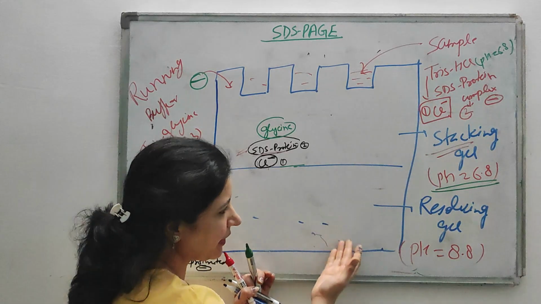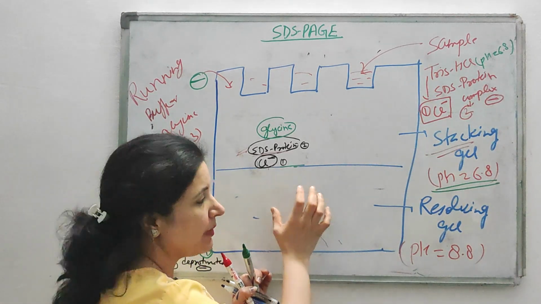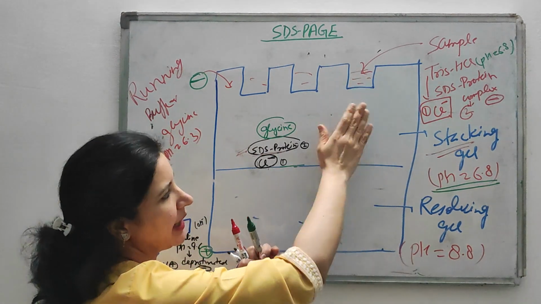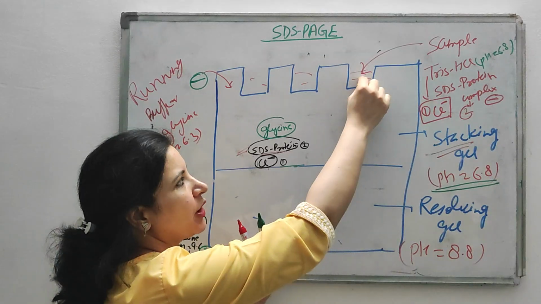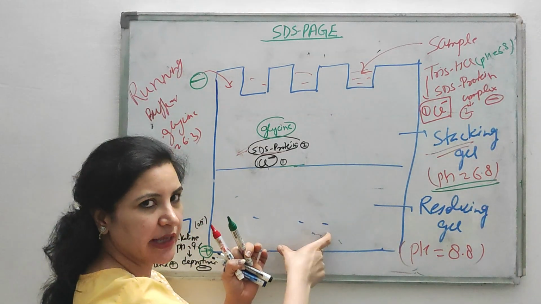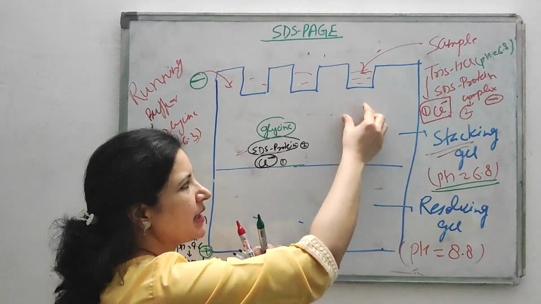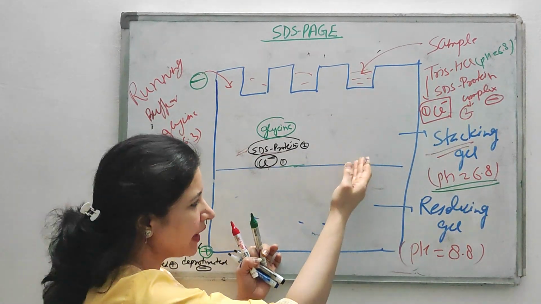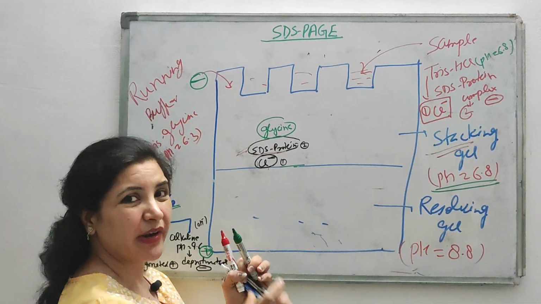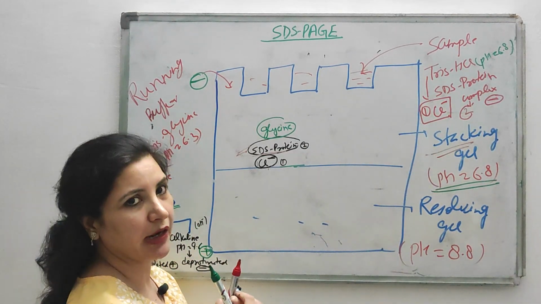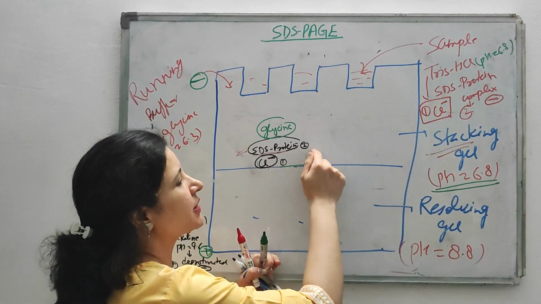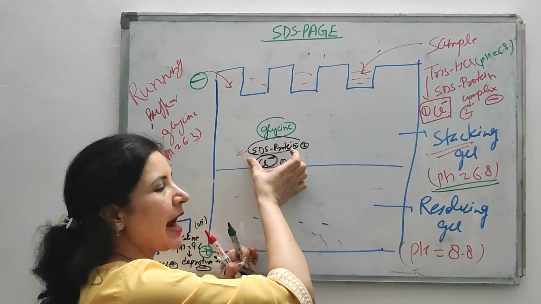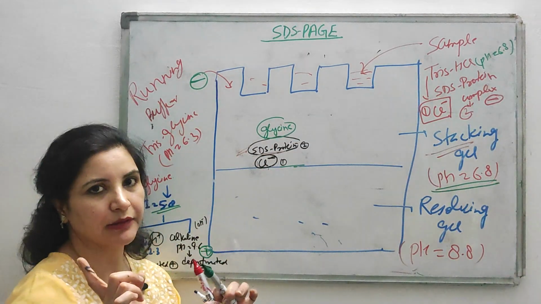So finally your separation and your protein bands will be formed more clearly. Suppose there is no stacking gel and we put our sample and there is only resolving gel. Is it possible that all the proteins separate properly? Some proteins will come here, some will come there, and it's not possible, so you won't get a proper band. It's very difficult to separate the proteins by molecular weight. So the role of the stacking gel is that it will stack all the proteins from the sample in between your glycine and chloride ions.